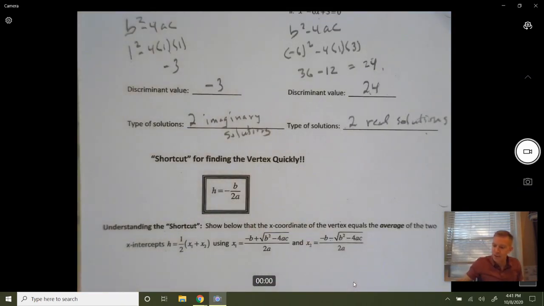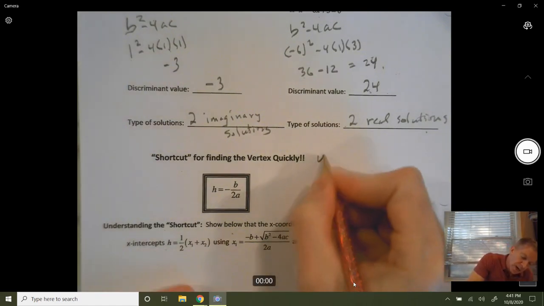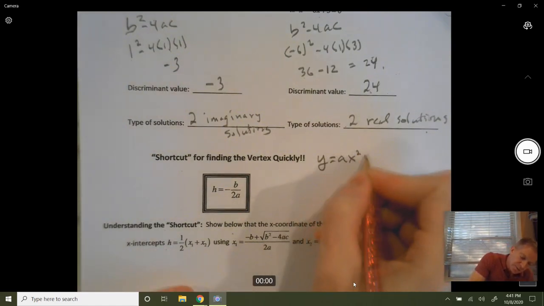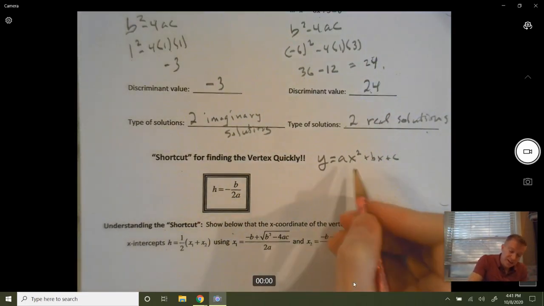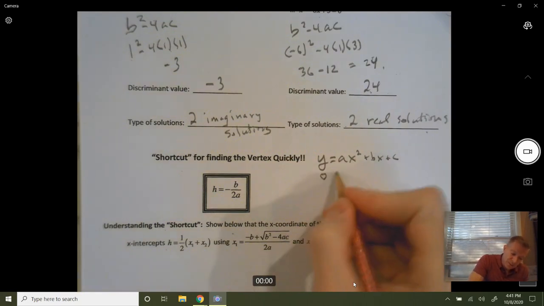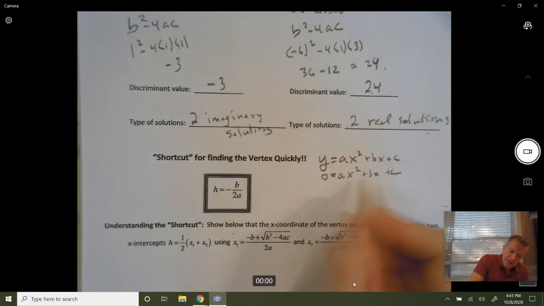Shortcut for finding the vertex quickly. Okay, so here's what we're going to do. We're going to find the vertex quickly. We can average the two x-intercepts. So let's think about this. If you've got something y equals ax squared plus bx plus c, there's your parabola. And if you want to find the vertex quickly, well, think about what you do. You find your x-intercepts, which means you set this equal to 0, ax squared plus bx plus c, and that's going to find